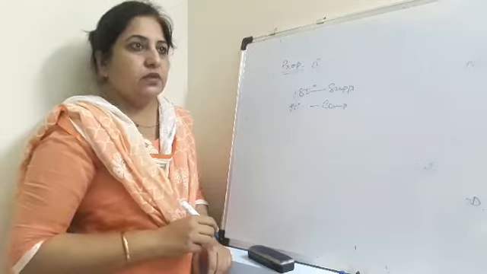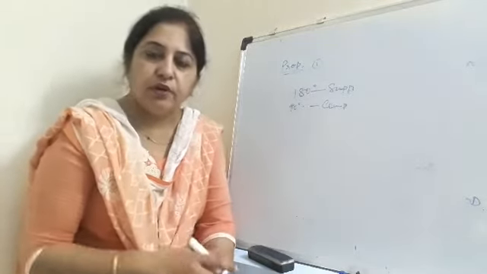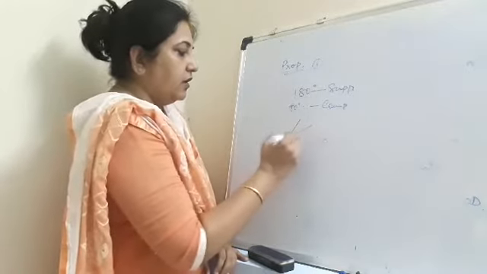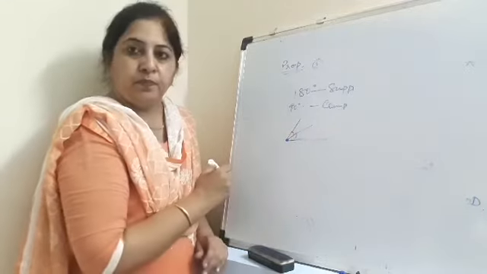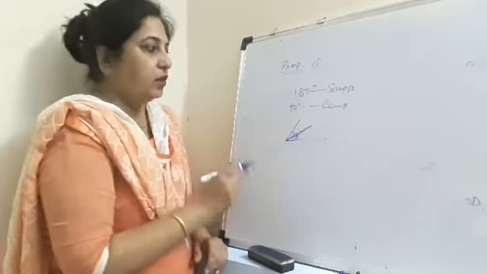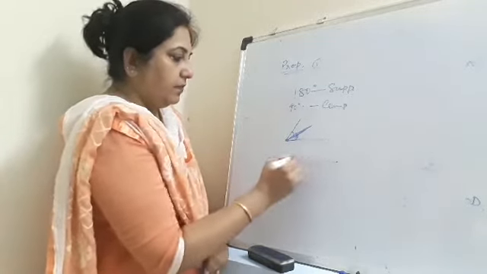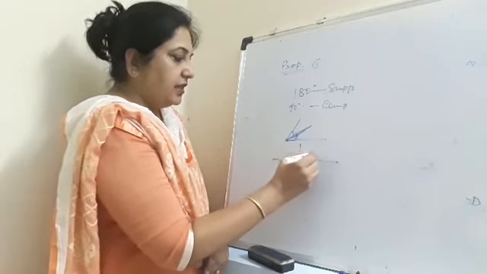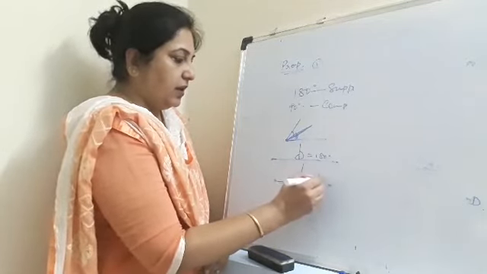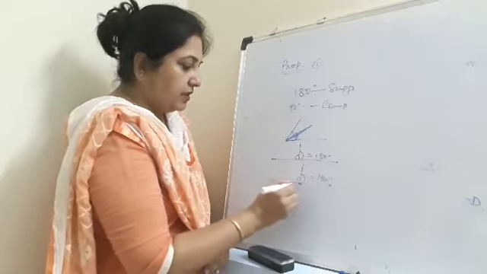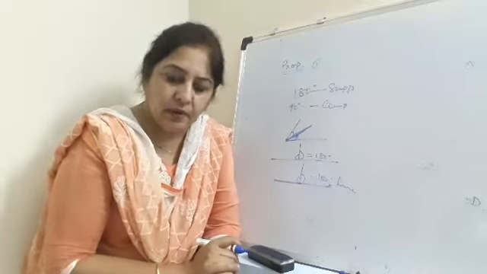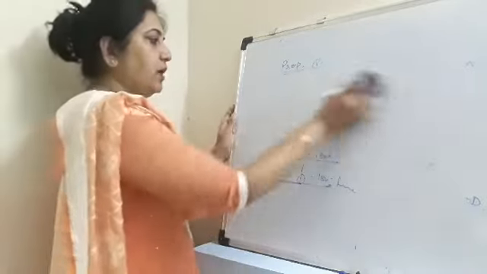Then we had studied about the different kinds of angles which you've already done before. Then which angles are adjacent? The angles which have a common vertex and a common arm are called adjacent angles. And just now we have done two axioms, that if a ray stands on a line, the adjacent angles are equal to 180 degree, and if the adjacent angles are equal to 180 degree, then these opposite rays form a line. So all these properties you have to remember and apply in the exercise 6.1 questions.